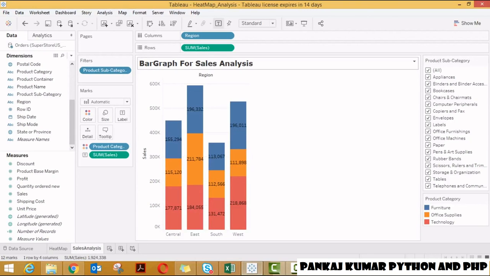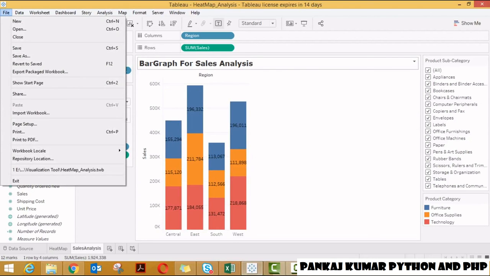Now we have created a bar graph in a separate worksheet which analyzes the sales in each region. Suppose you want to add the profit to this plot; you can just drag the profit to the label or tooltip, so that when you mouse over it, besides product category, region and sales, you get the profit as well. Same as before, you can download this into a PDF format and save it on your hard disk for further analysis.